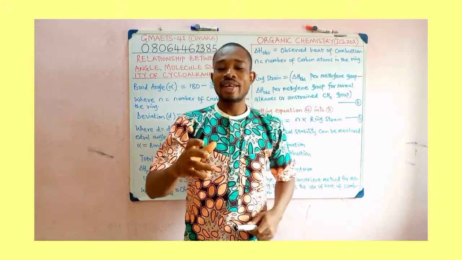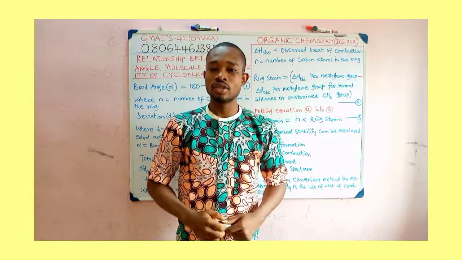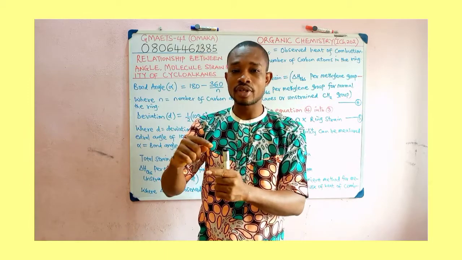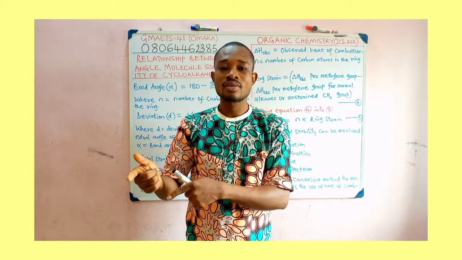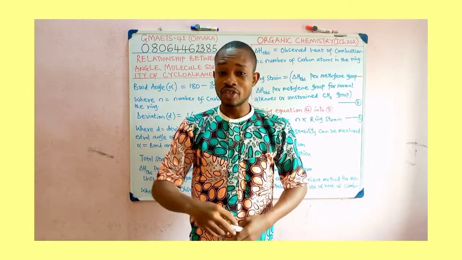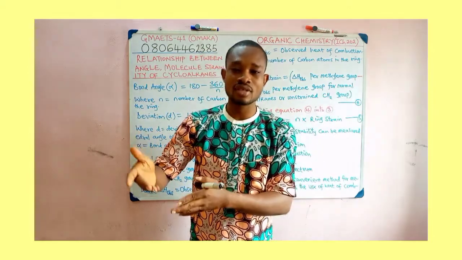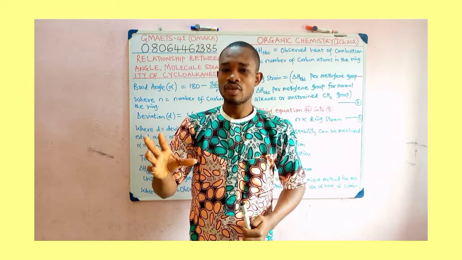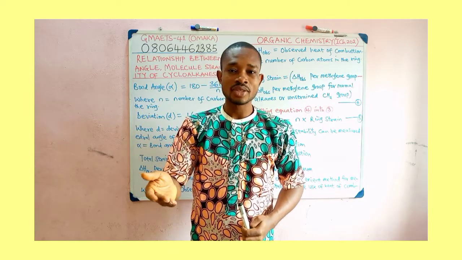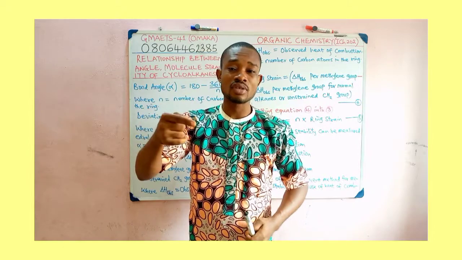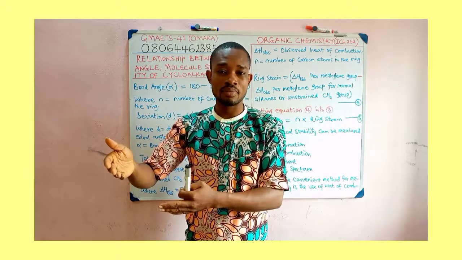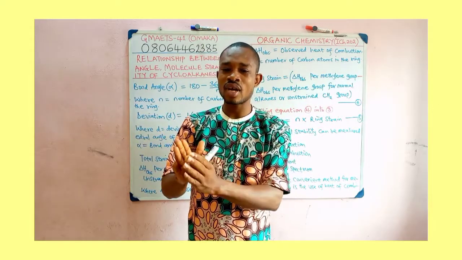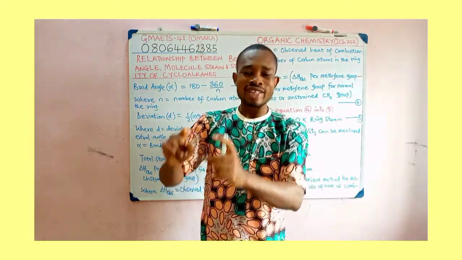We now want to look at how we can calculate bond angle and deviation from the normal tetrahedral value of 109 degrees 28 minutes, or 109.5 degrees, for an unstrained CH2 group. Take note, in normal alkanes, for example methane, the bond angle is 109.5 degrees. If you want to express it in minutes, it's 109 degrees 28 minutes. That is the bond angle for normal alkanes, for unstrained